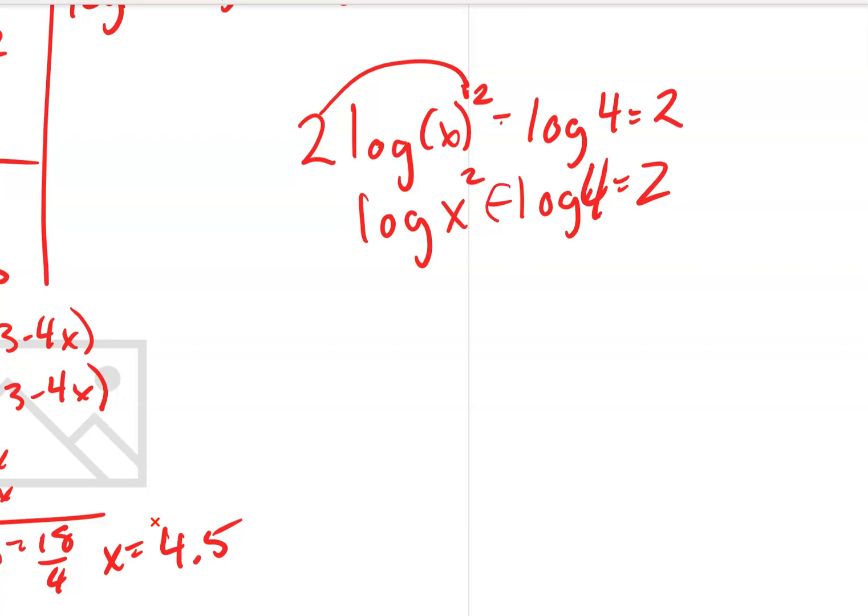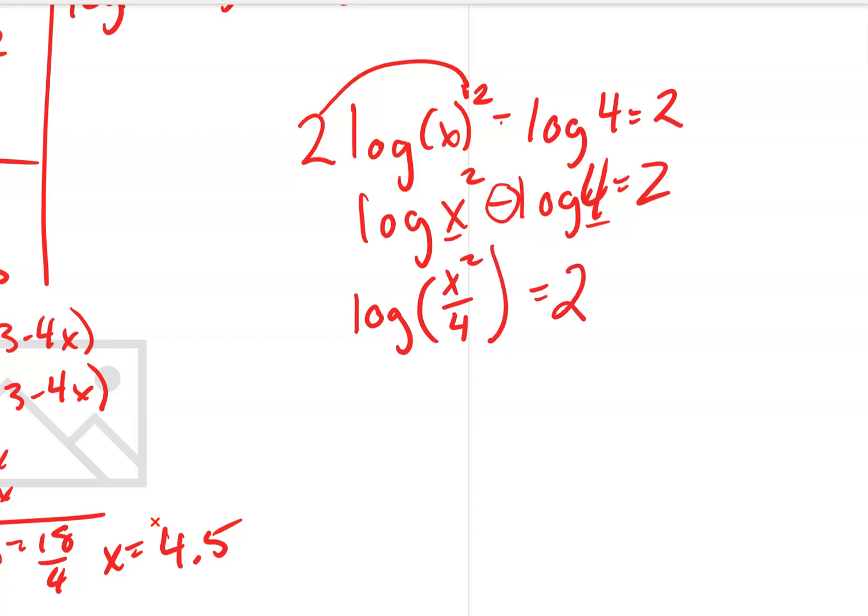So this is subtraction. When we add logs together, it means we're multiplying our numbers together, or our expressions together. When we subtract logs, that means it's division. So this is log of x squared over 4